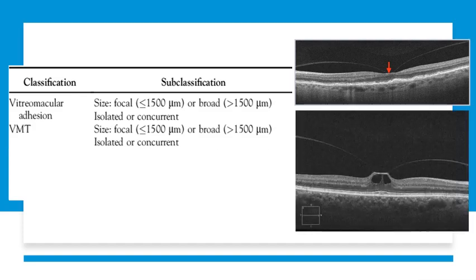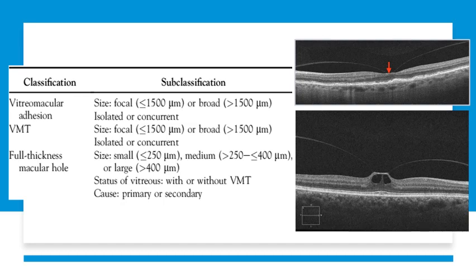The vitreomacular traction is similar to the vitreomacular adhesion, but there is an anteroposterior pulling on the surface of the retina by the incompletely detached posterior hyaloid. Again, it can be focal or broad,